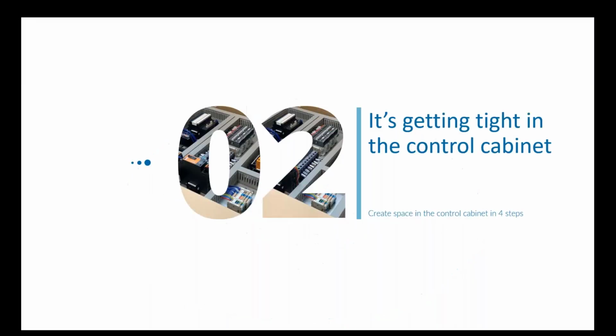Today's webinar will be split in 4 parts. I will introduce you the 4 steps we are doing, which we developed for ourselves in my team, Connectivity Consulting, which we are using to reduce the space at our customer cabinets. I will give you a short view into the machinery room of our work, and this hopefully helps you with